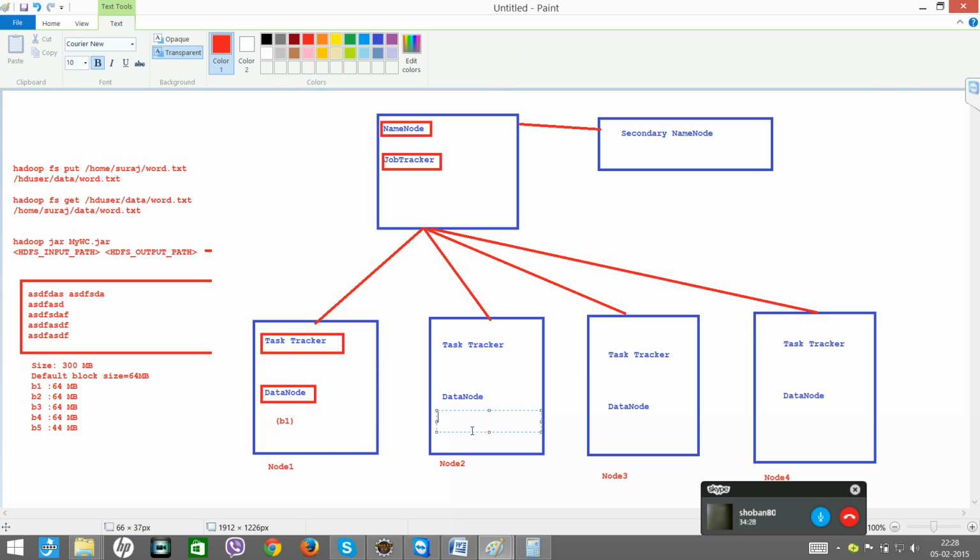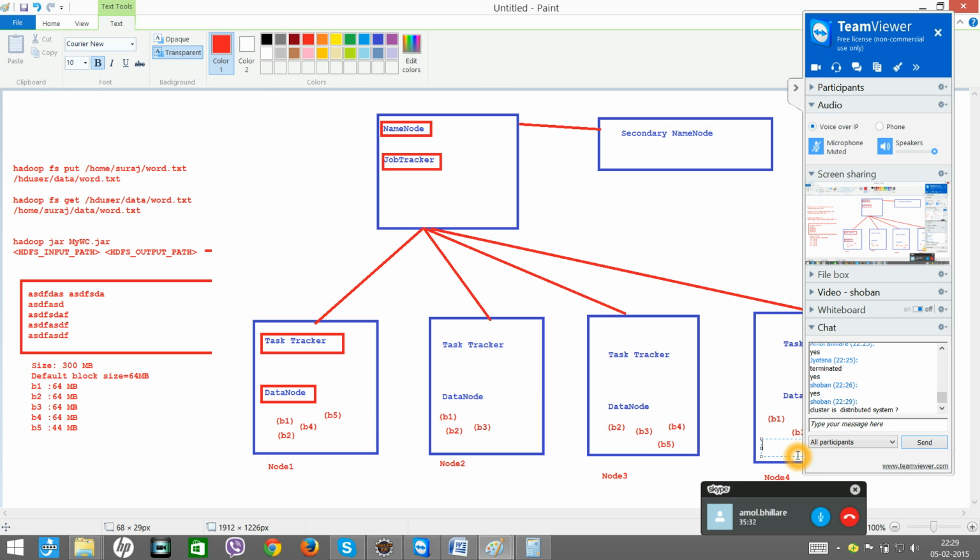Block 1 here, block 1 here, block 1 here, again block 2 here, block 2 here, block 2 here, block 3 here, block 3 here, block 3 here, block 4 here, block 4 here, block 4 here, again block 5 here, block 5 here, and block 5